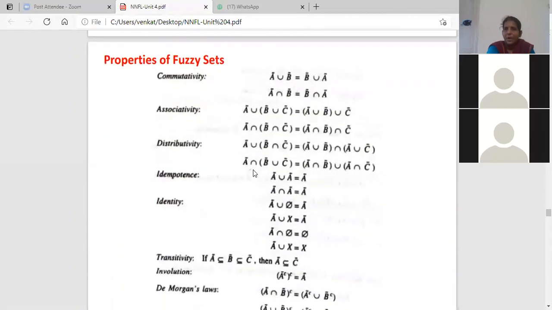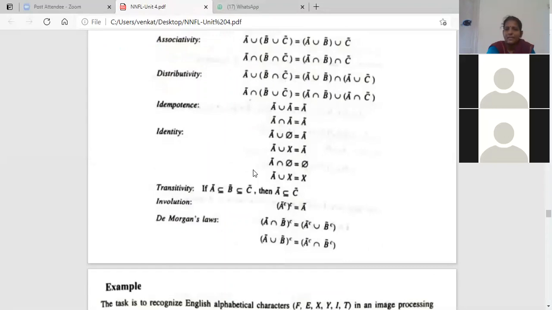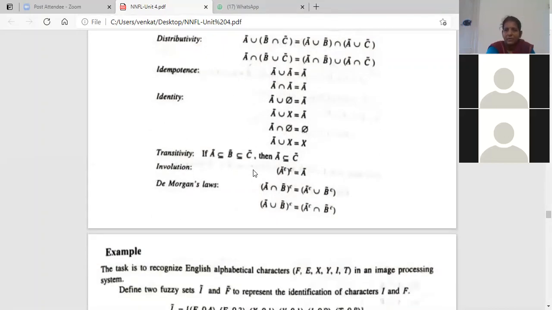Okay, next, properties of fuzzy sets. Commutative property, associative property, distributive property, idempotency, and identity. Apart from this, you have transitivity, involution, and De Morgan laws. Please make a note of these laws, properties of fuzzy sets. Okay, so you can refer back. I will share you this PDF. Next